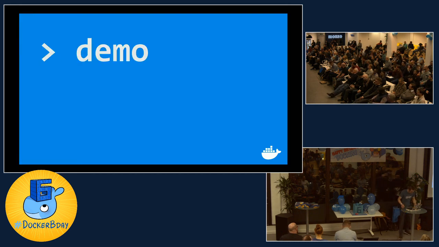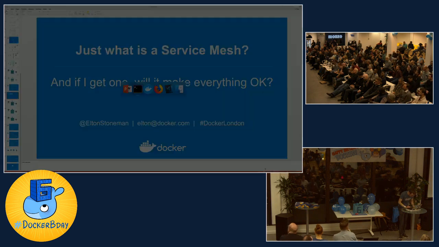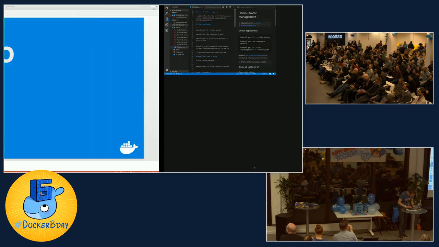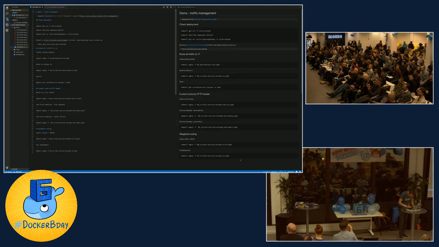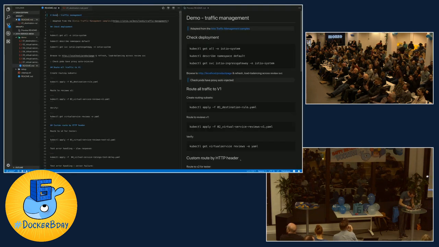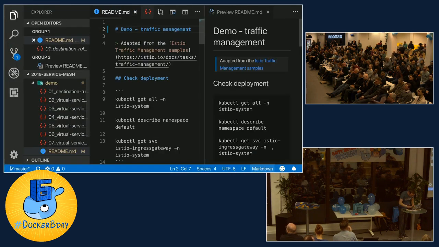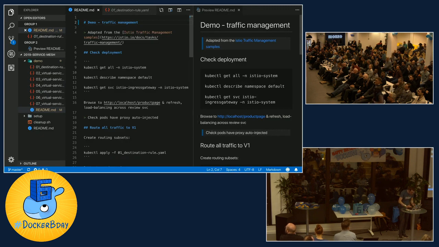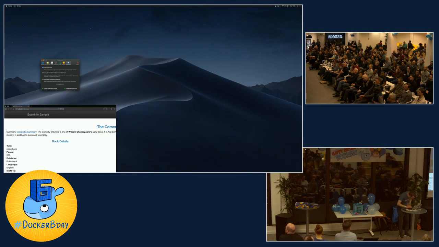OK, demo. So let's see how tiny my code window is. So this demo, I'm going to zoom in. All this stuff's on GitHub, and right at the end, I'll show you a link to how this works. So I've already deployed ISTIO, so I'm just running, can you see the Docker whale up there? So I'm just running Docker. This is Docker Desktop on Mac and Windows now. This is such a tiny screen.